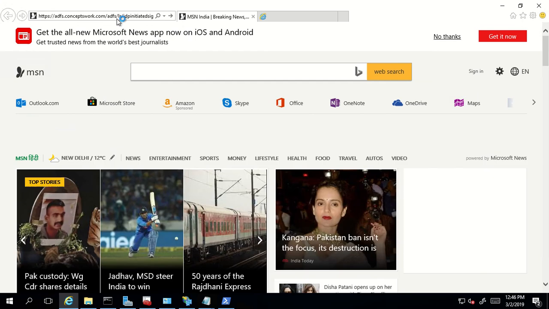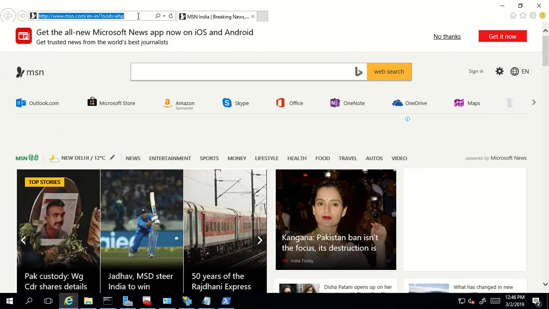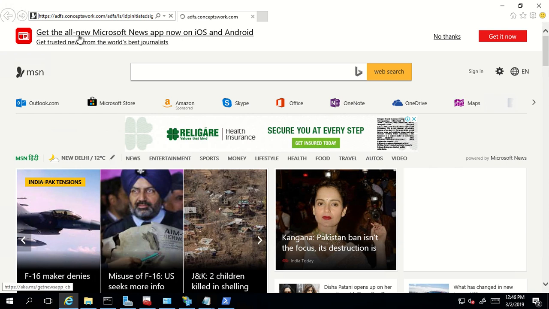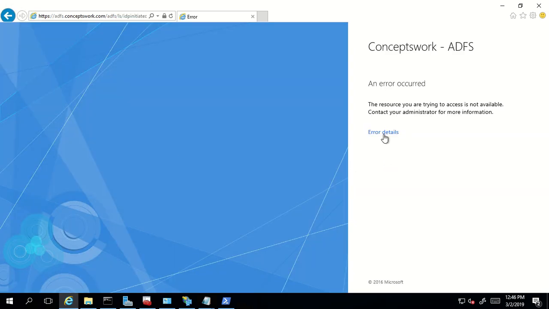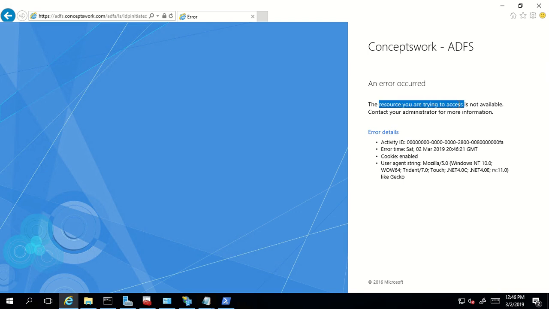Right now, this link will not work, and there is a reason behind that, which I will tell you. For some reason, it was not opened. I'll try to open it again. Okay, as you can see, I'm getting an error now. It says that the resource that you're trying to access is not available. Contact your administrator for more information. Now, this is a change which has been introduced in 2016, and that is that the IDP initiated sign-on page is